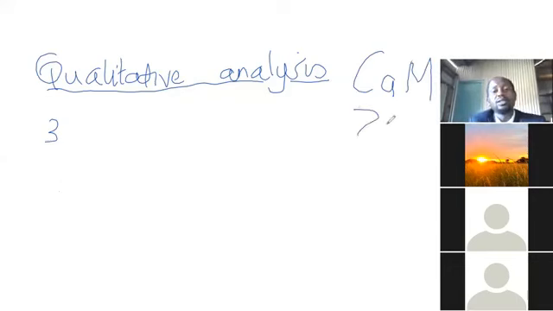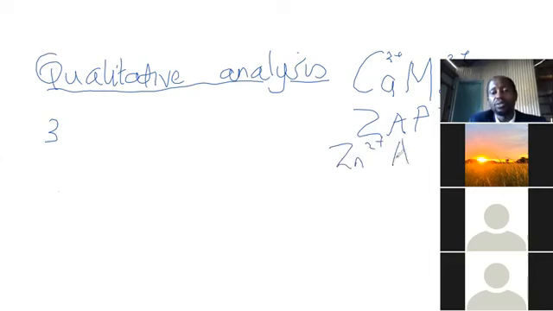Second one, ZAP. CAM standing for calcium ions, magnesium ions. ZAP standing for zinc ions, aluminium ions, and lead-2 ions. And so those 5 cations, CAM and ZAP,